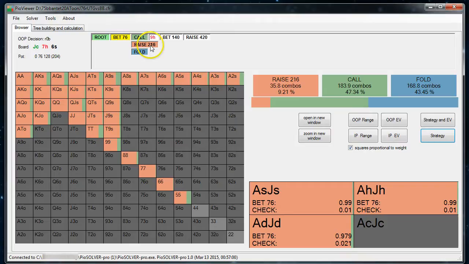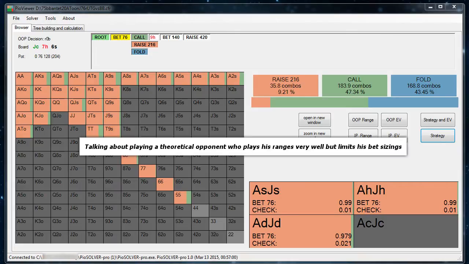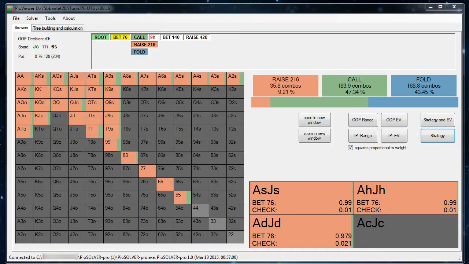If they were following the exact raise sizes that you laid out, then it's pretty hard to argue against using the strategy, but it just seems like it's dangerous to just assume that they would be the best strategies to use all the time. I guess the closer you got to shorter stack play, maybe in 3 and 4 bet pots, where you can be pretty confident of the sizings that people are going to use, those solutions might be a lot closer to something you might want to actually use in game. But yeah, again,